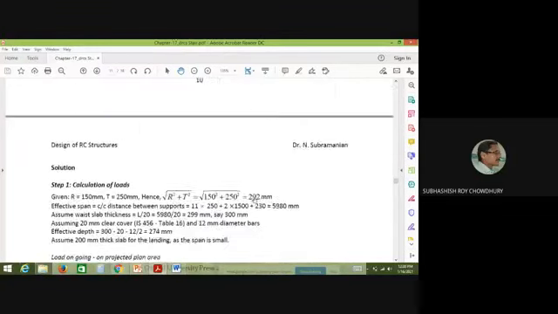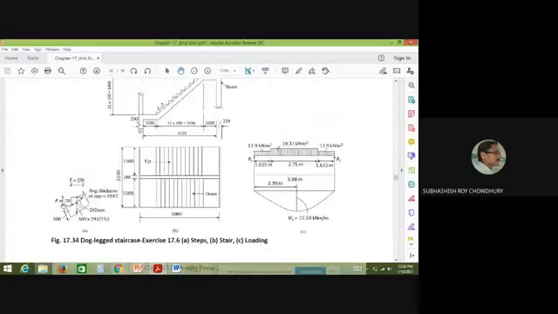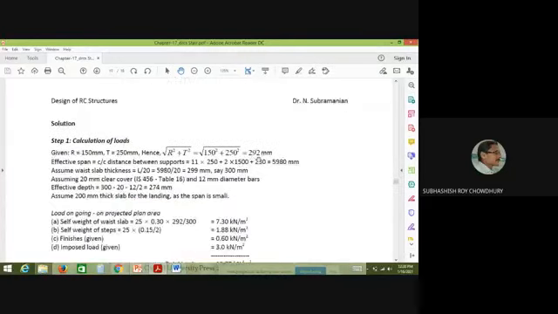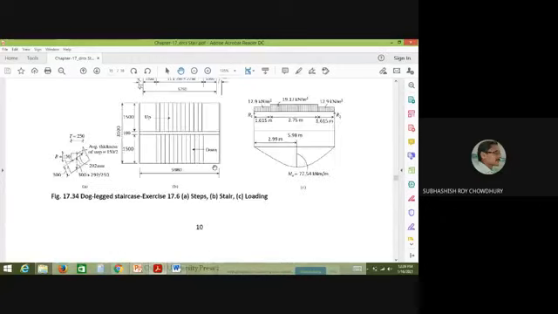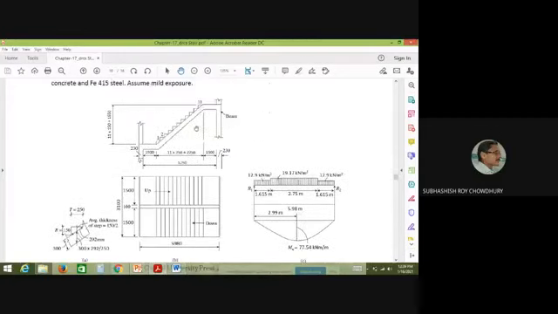So what we will do, similar to the previous one, is calculate the inclined part of the step. If the riser is known and the tread is known, we can find out this inclined length. The inclined length is 292. Then the effective span. What will be the effective span? Please try to understand that. 11 into 250. How many steps are there? That has been already written. There are 12 risers, so obviously 11 treads. So 11 into 250 will be 2750.